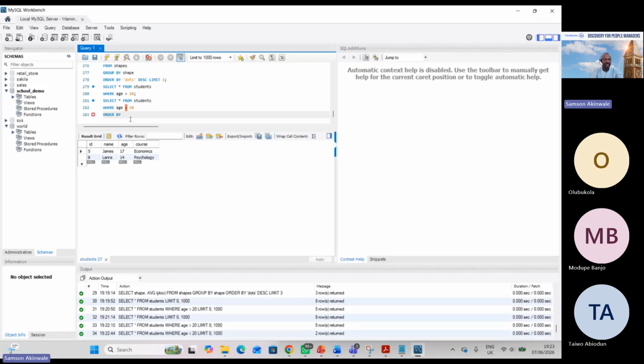We can order it again. There is no order. Okay, let's order. We can order it by ID, and it should be descending. Let's see. Yes, select from students where age is greater than 20, order it by ID, and it should be in